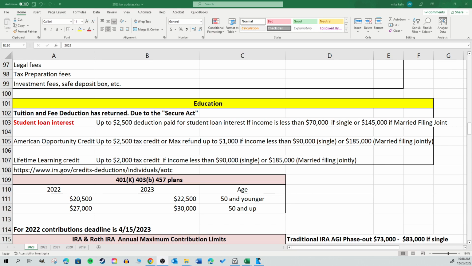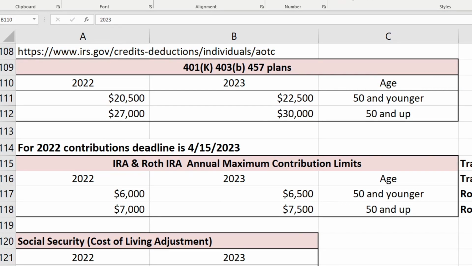The biggest changes that I'm most excited about are the retirement plan contributions. Let's talk about retirement plan contributions. We're talking about 401ks, 403bs, etc. Starting in 2023, you can contribute up to $22,500 now to your 401k in a single year if you're under the age of 50. And if you're over the age of 50, you contribute up to $30,000 to a qualified retirement plan. Comparing this to 2022, this is close to a 10% increase of what you can put away now,